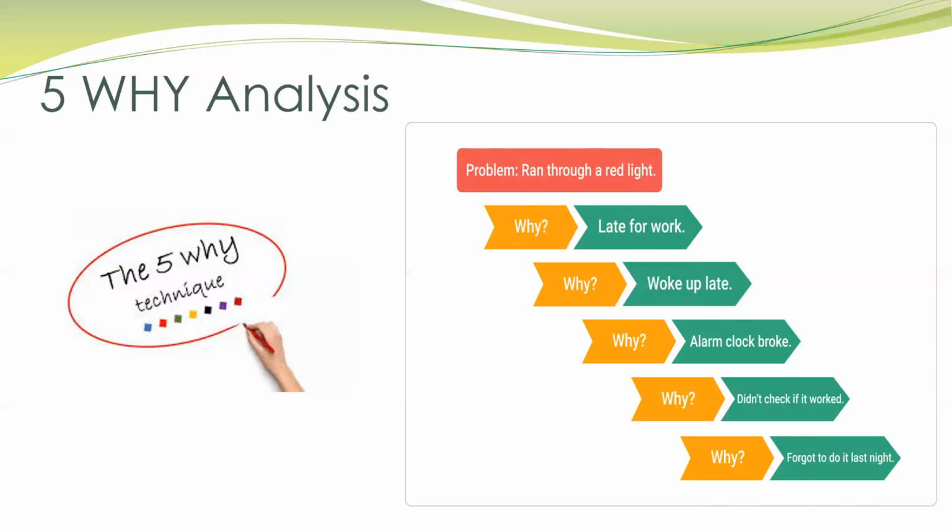So this is another technique, a very common technique that we would have come across. This why analysis is frequently used in quality control or project management, mostly to root cause a particular issue, and it's an effective tool to identify problem areas in a large process or workflow. So, this technique of brainstorming of why analysis can be performed as a group to clarify where the issues are likely to occur. So, it can be performed as a group or also individually.